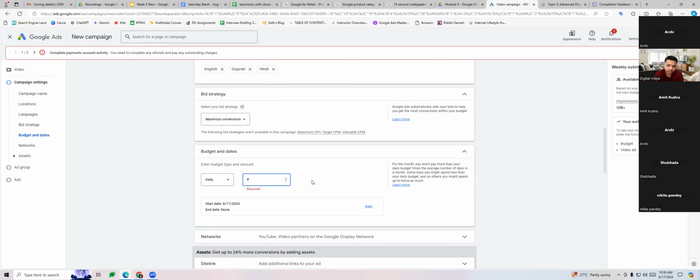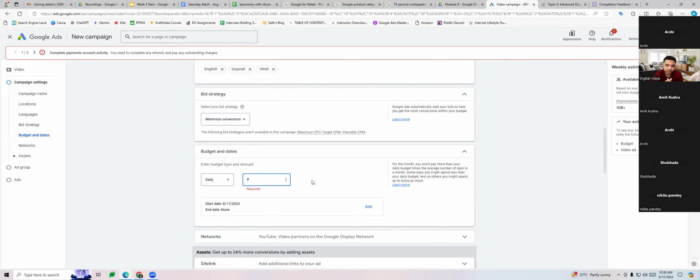What is happening is a lot of times Google wants to make sure that a significant amount of ad spend is happening, and people are using the platform for that. They don't want lesser ad spend on the platform particularly. So these changes have come in over a period of time, wherein they have made some benchmark that a minimum of this much spend should be there on the platform.